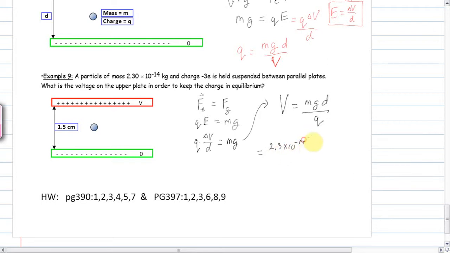Plug it into your calculator. g is 9.8 because we're doing it on the surface of the Earth. The separation between the plates is 0.015 meters. And the charge is 3 times